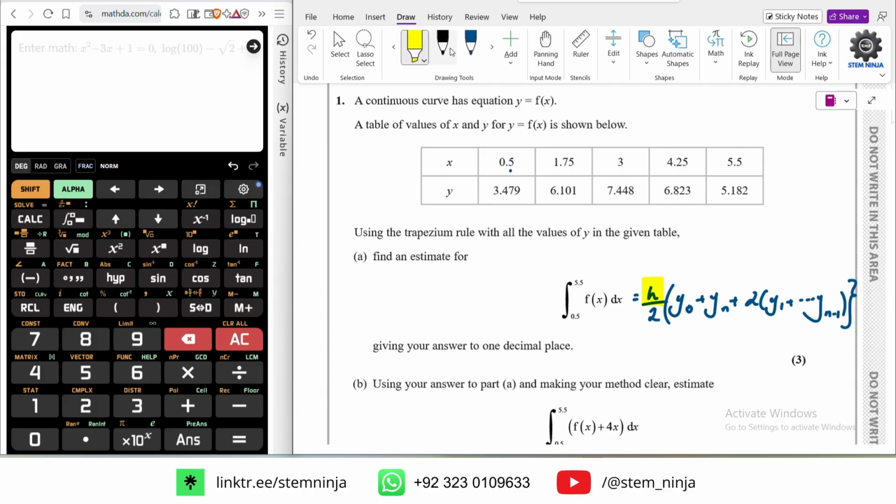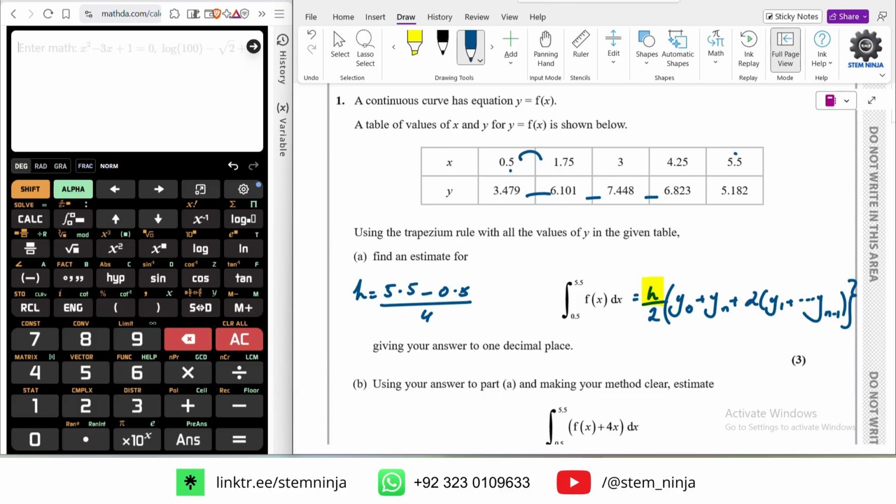We also need h. So before we actually go, because these are a set of values, I need to copy them first before we write into the answer space. h is usually 5.5 minus 0.5 divided by